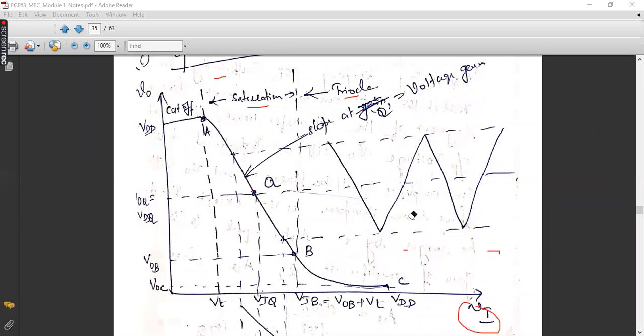Now coming to the saturation region, you can see that the saturation region is indicated by AB. But in the midway of AB, you cannot bias or operate your MOSFET as a switch because there we have the amplification application. Okay, so for making this MOSFET work as a perfect on switch, you have to set your Q point towards B. This Q point you have to shift towards the point B, that is the extreme end of this saturation.